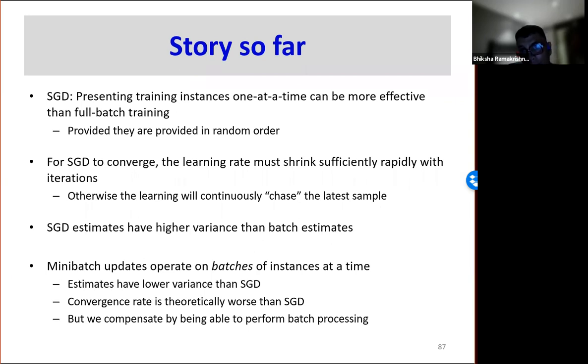Yes, mini batches are also online, right? The learning rate will continuously change to fit the latest sample. SGD estimates can have greater variance than batch estimates. Mini batch updates operate on batches of instances at a time. Estimates have lower variance than SGD, and the convergence is theoretically worse than SGD, but we compensate by being able